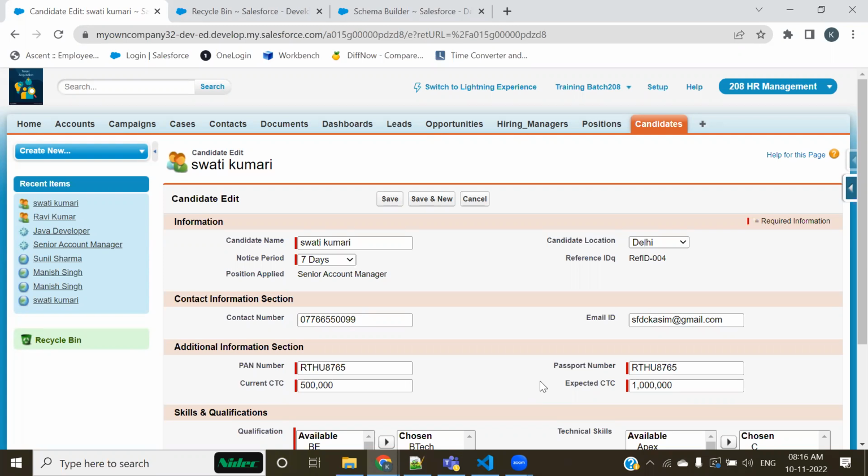When there's something inside an entity, like the position you have selected, and you want this to be retained statically till the life cycle of this particular record, then we go with master detail.